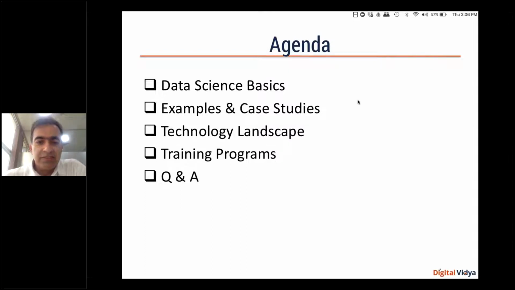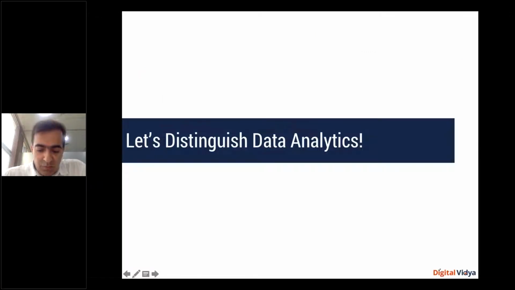So let's get started with the data science space. To start with, I wanted to explain what this whole space is, people call it data analytics, data science. A lot of people are confused about what data science and data analytics is all about. So rather than giving you a Wikipedia definition, why don't we try to solve some real problem together? And while solving that problem, you would get to understand how data analysts really work, and what the whole life cycle of a project in the data analytics space is.